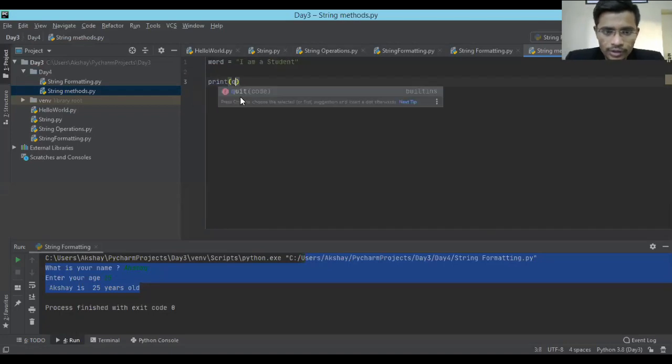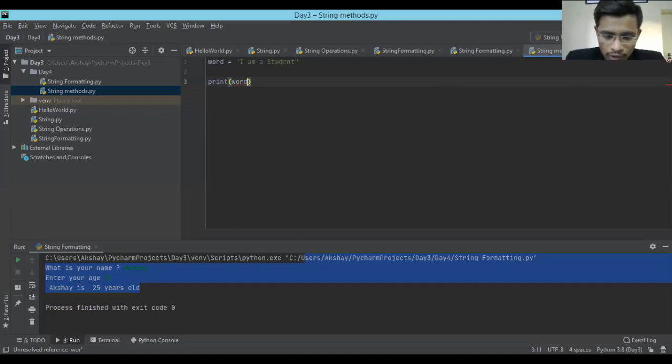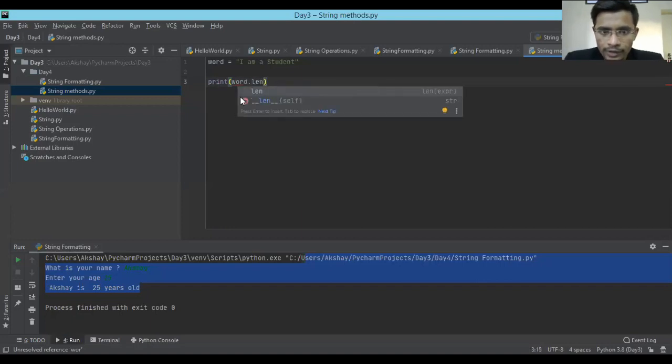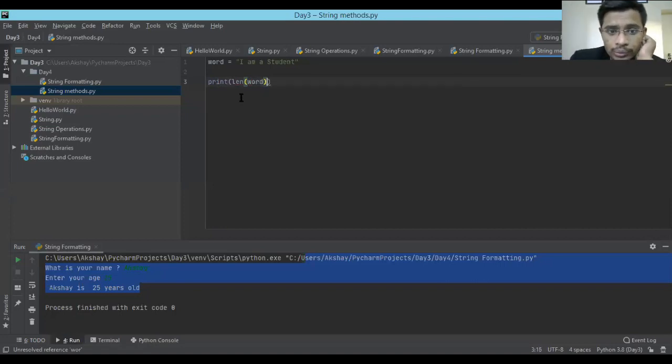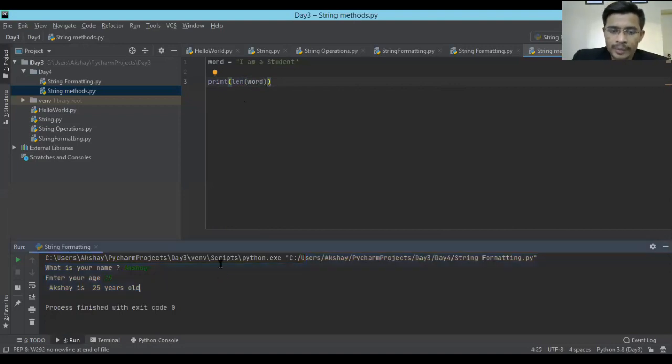Suppose this is word. For length it is pretty simple: word dot len. See, this is the feature of this IDE. The IDE will directly show you the actual functions available with that particular thing, but it is not the case with normal editors. That's why I recommend all of you to use an IDE. Let me save and run.